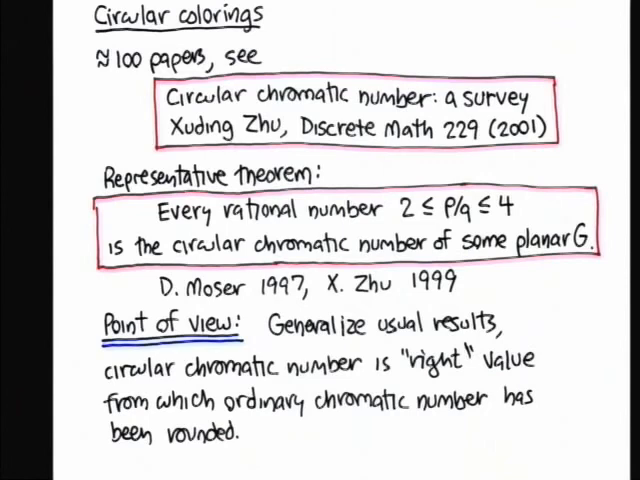Okay, so what have people done with circular colorings? Well, there's roughly 100 papers between MathSci and Archive, searching for earlier names for this. And there's a good survey that came out 5 years ago by Zhu in Discrete Math that describes a bunch of problems. And I guess my favorite theorem, I don't know if it's a representative theorem or not, is using